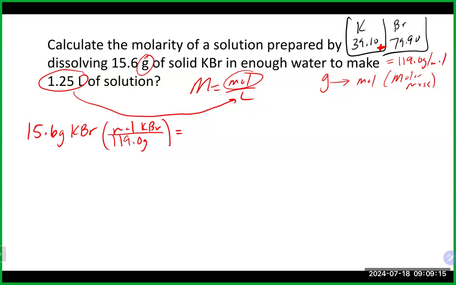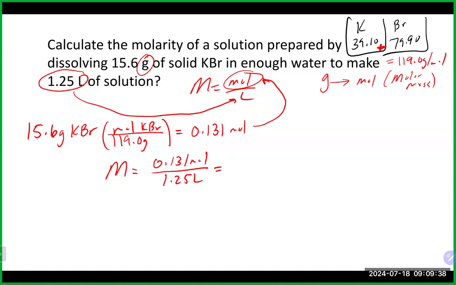And that will get us here: 15.6 divided by 119. Looks like 0.131 moles. That is the top part that we need. So now we can calculate our molarity is going to be 0.131 moles divided by our liters. And that's going to get us there